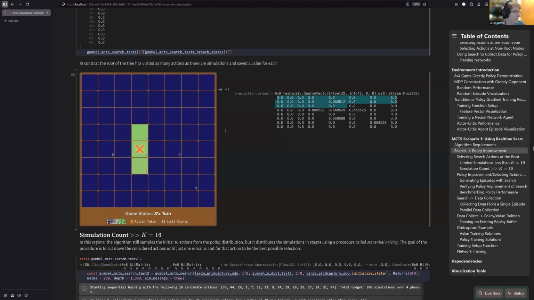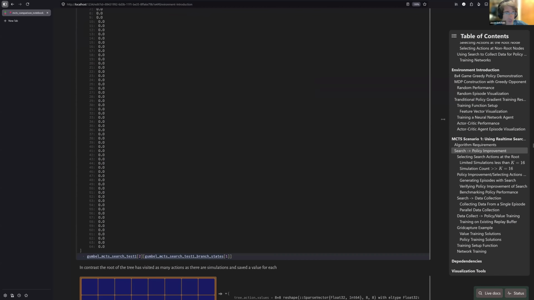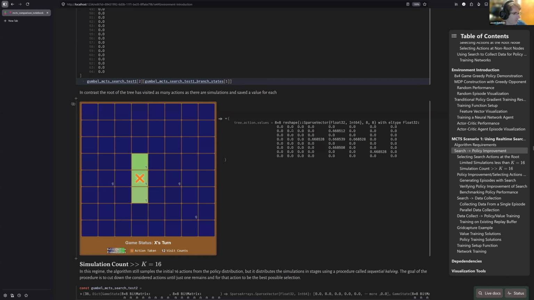And then these are the action values that have been updated in the tree. But again, these action values, the only information they have is just evaluating the value function one time at one of the transition states that it ended up in, right? And we know that the O response is stochastic. So this value estimate is very limited. To get a better estimate, we'd have to sample way more of these actions to see more O positions, and then we'd end up averaging together a bunch of these value estimates. But for now,